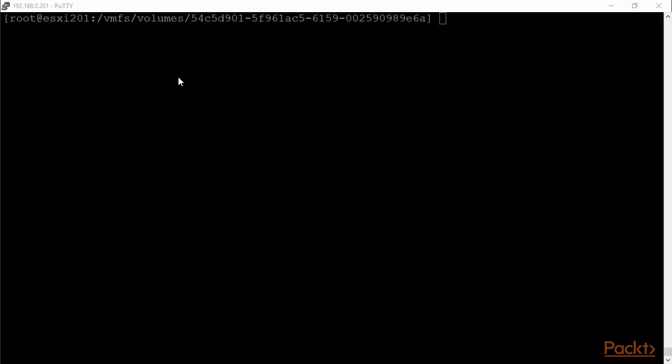So I'm logged into one of my ESXi hosts. It's 192.168.0.201. I'm in one of my data stores, which, as you know, exists in the directory /vmfs/volumes. Now the command is vmsupport -p for performance counters, -d for duration, we'll say 60 seconds, -i for interval, so intervals of 2 seconds,